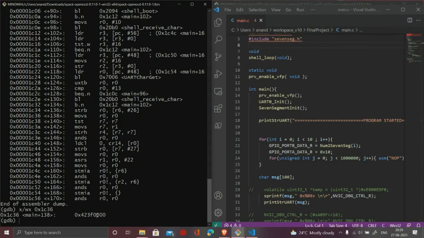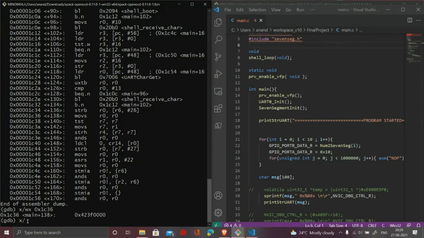This is the content of this memory location, but we do not understand anything by looking at this random hexadecimal value. What we can do is look at the same value as an ARM instruction.